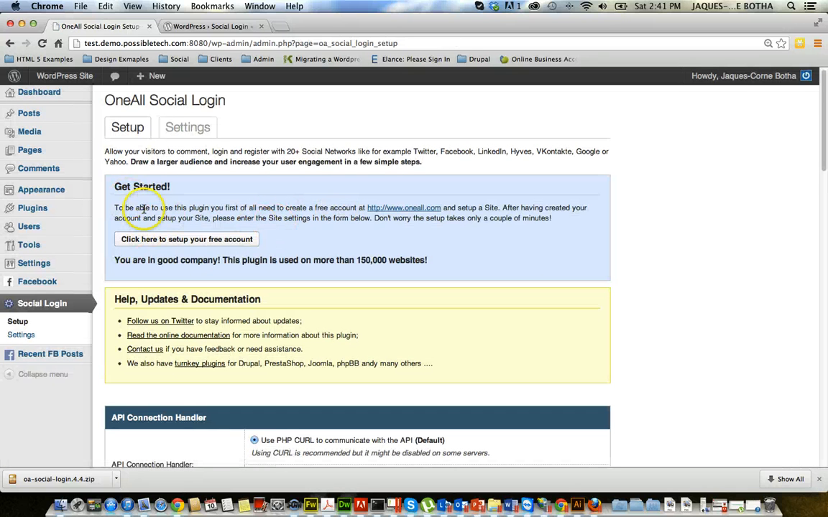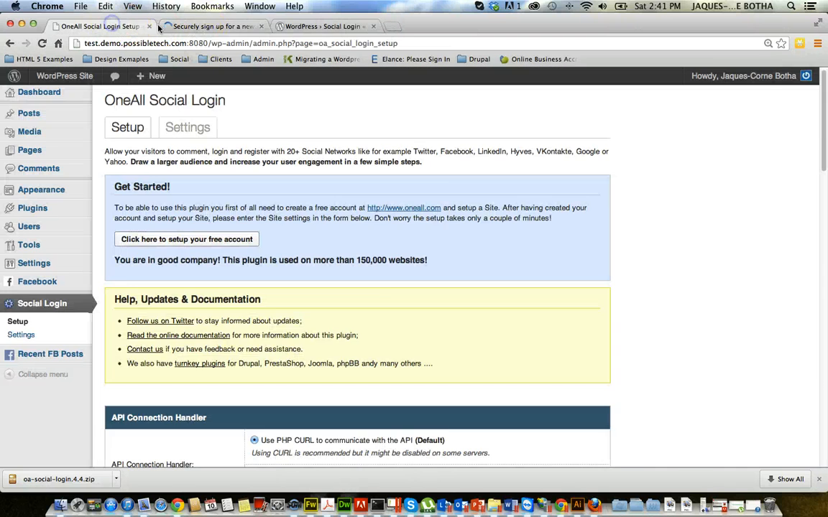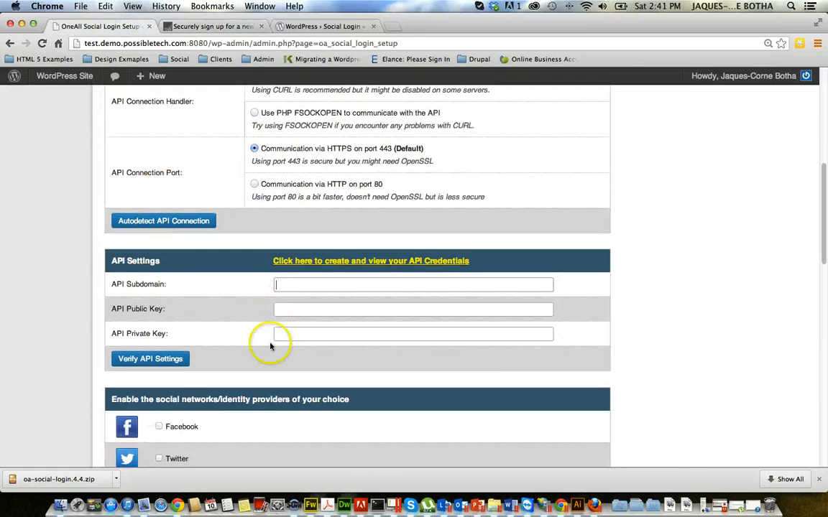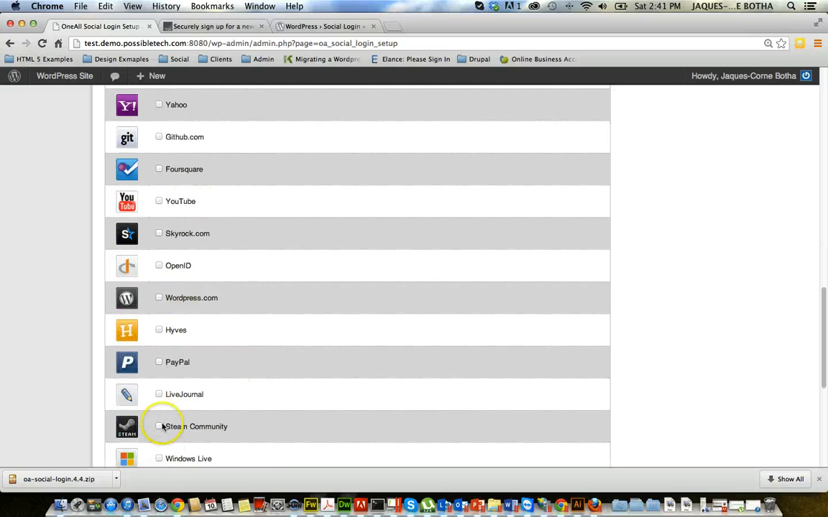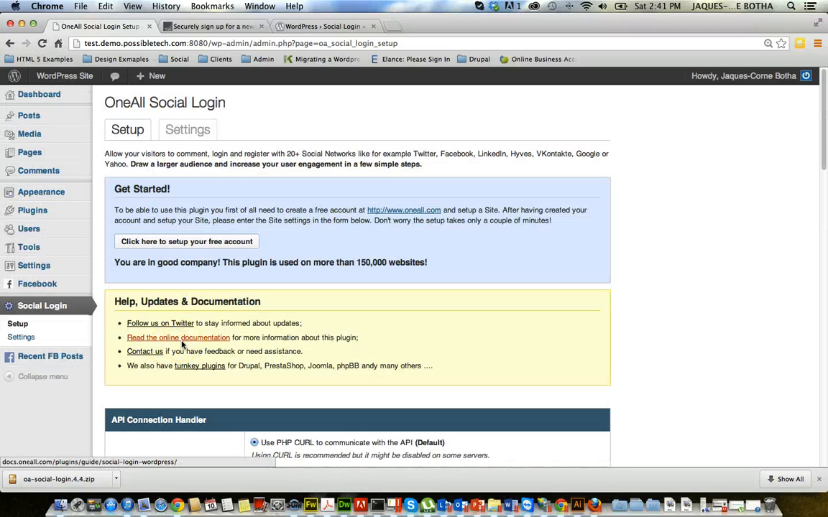So it says get started. To be able to use the plugin, you need to access OneAll, so one and all. So we can set up an account. You need to go and securely set up an account with them. And once you've done that, then it will automatically add the API for you, and you can connect all these if you want to. And when you start connecting these up, then people can log in with their Facebook account